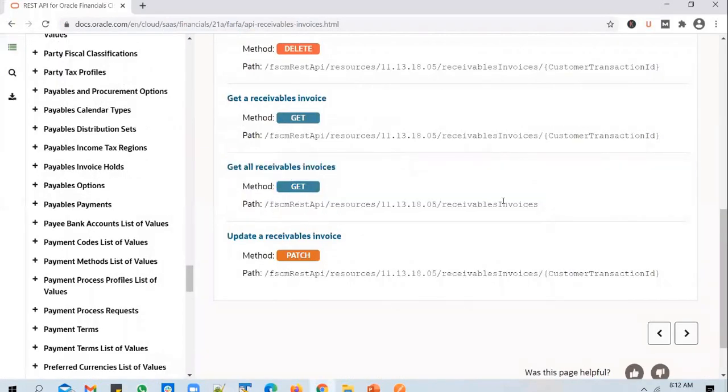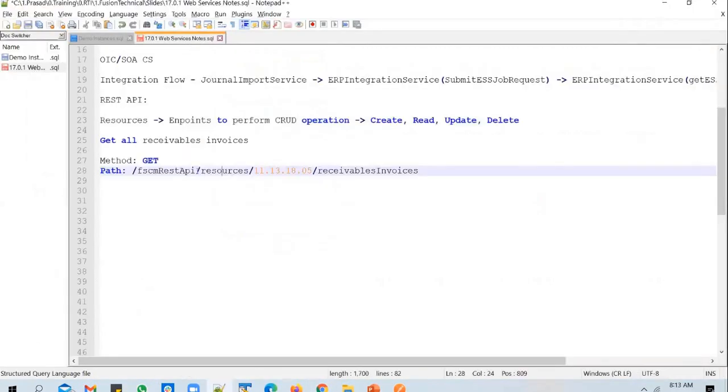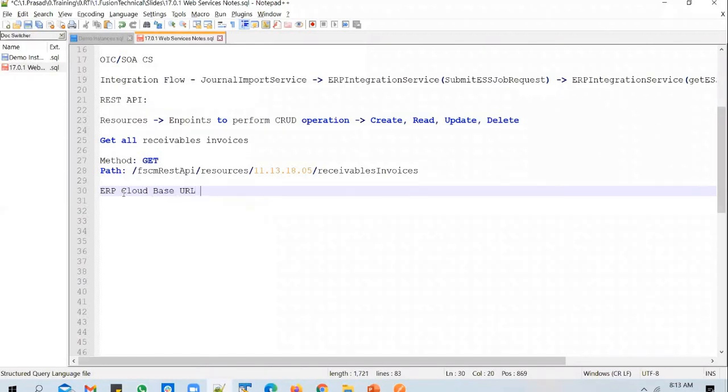And to this path, you need to prefix the base URL of the ERP Cloud instance. So this is a suffix, and to this string, you need to prefix the ERP Cloud instance link or ERP Cloud base URL. Every ERP Cloud instance will have a URL, right? So that instance URL needs to be prefixed to this.